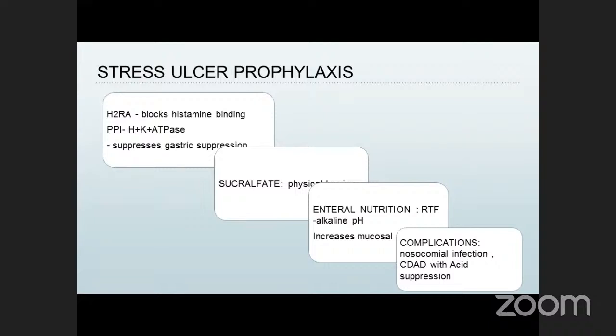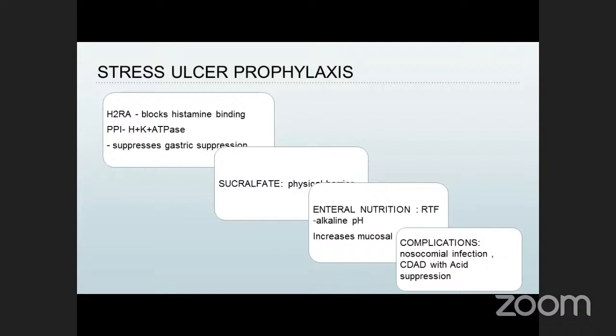Likewise, there is sucralfate, which is nothing but the aluminium salt of sulfated sucrose, which provides a physical barrier against the denuded mucosa and helps in protecting it. Enteral nutrition is always advised, which provides a protective barrier against